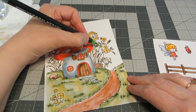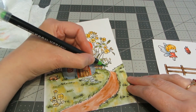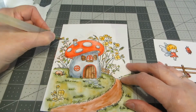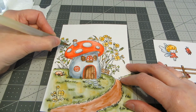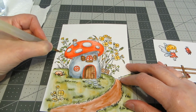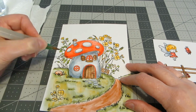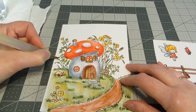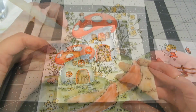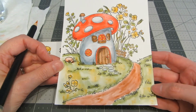Then I'm going in with a really bright green. Same thing, just add small little touches of it around the greenery. Then I'm going to take my damp brush and blend all those colors together on all of those leaves. So now we have a nice mix of a yellowy green, and it gives a little bit more of a realistic look. I added a little bit of that same yellow inside the windows, and so I'm finished